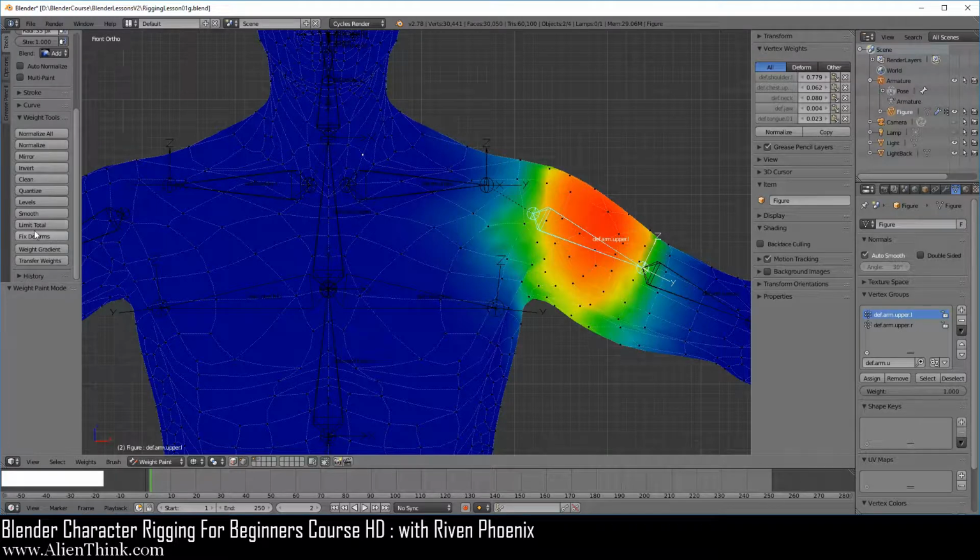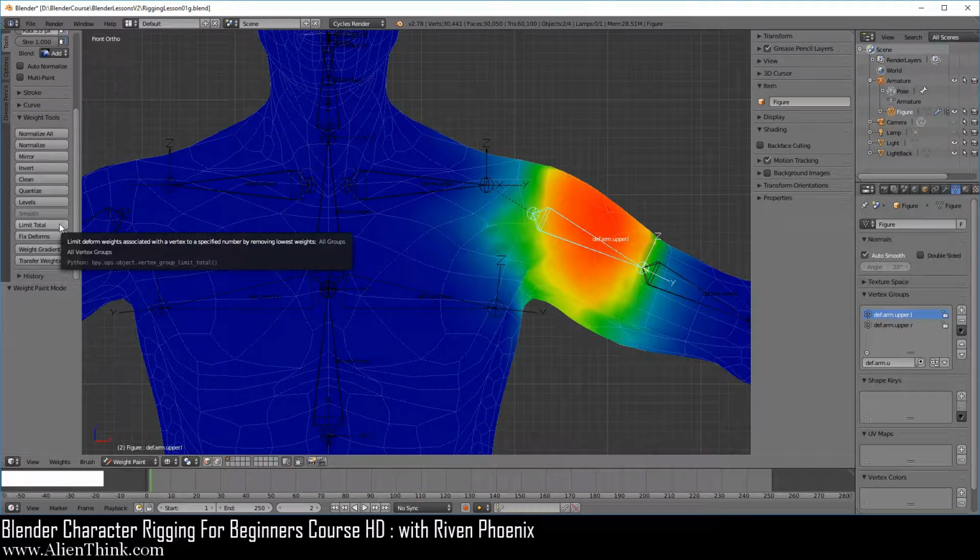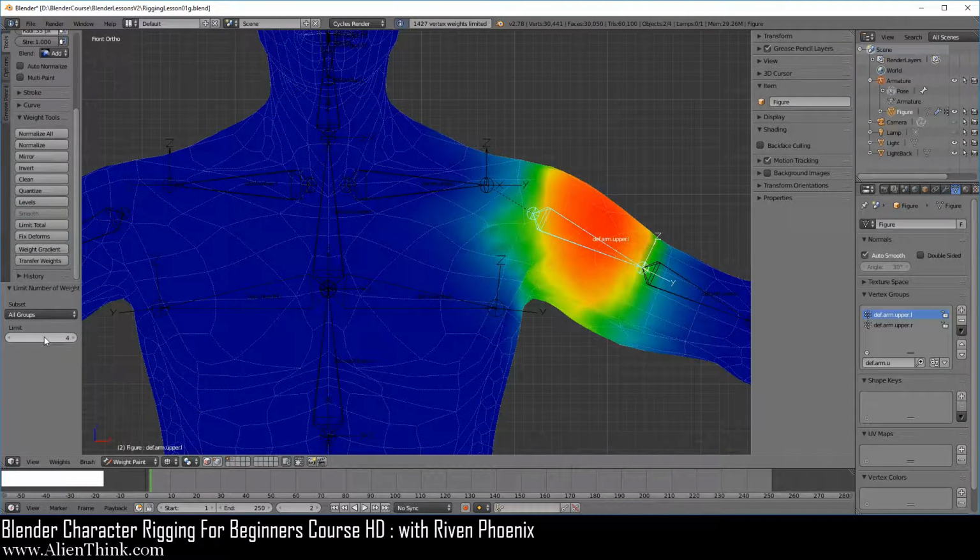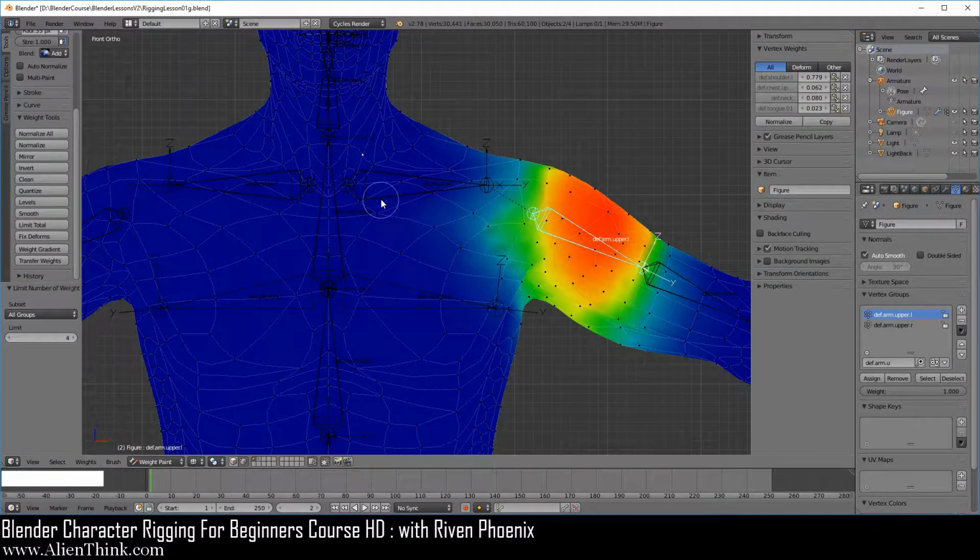So that's what limit total is for. Go ahead and uncheck this. If we click on limit total and put this on 4, now click on the vertex, you'll notice that over here it's now 4. That's basically what that does.